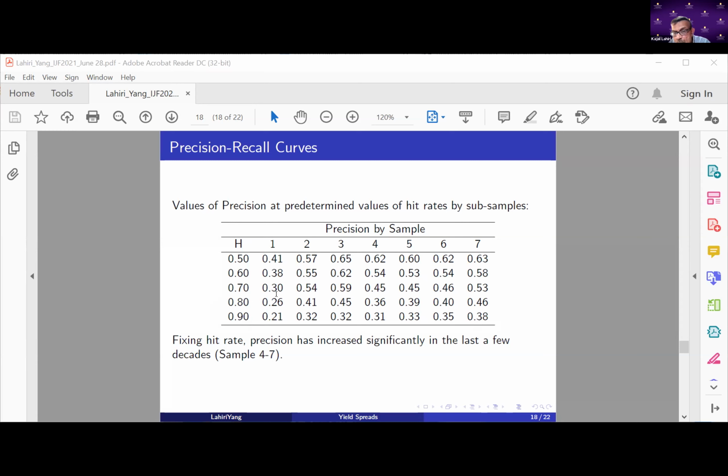And you can look at the corresponding precision rate, and you see that in each case, the precision, in fact, is increasing or unchanged. It's not going down. So that's a myth, that the predictive power of the yield curve is going down. And you see this by looking at the,